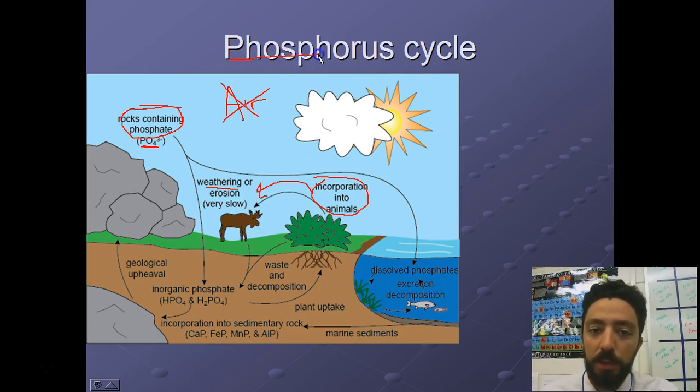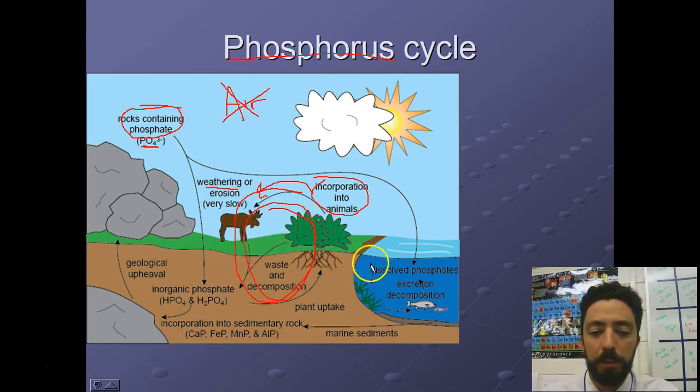Phosphorus is also in huge demand, all right, just like nitrogen. Once we have biologically active phosphate that has weathered out of these rocks, it's going to go through this cycle a whole bunch of times where the plants take it up, the animals eat it, the plants and animals die, the bacteria release it, the plants take it up immediately. So this could last for hundreds of thousands of years if you're tracking a single phosphate molecule before eventually it